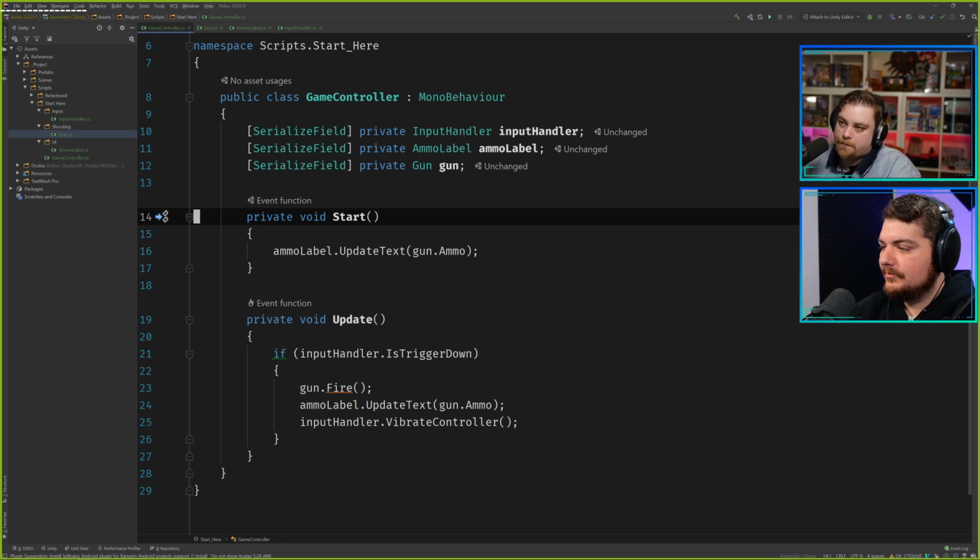But more importantly, not only have we moved all of the dependencies, we've made it so that this class doesn't actually know what the dependencies are. So if you were to ask somebody and give them that chunk of code and say, what am I using to trigger the press and what am I firing?